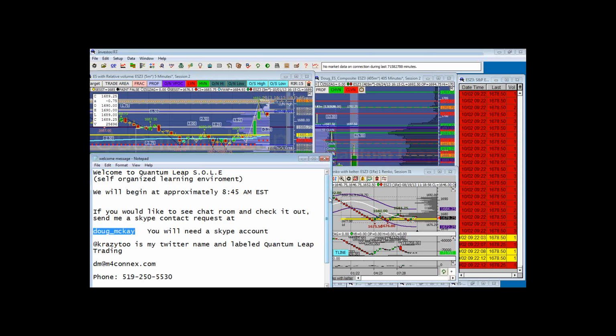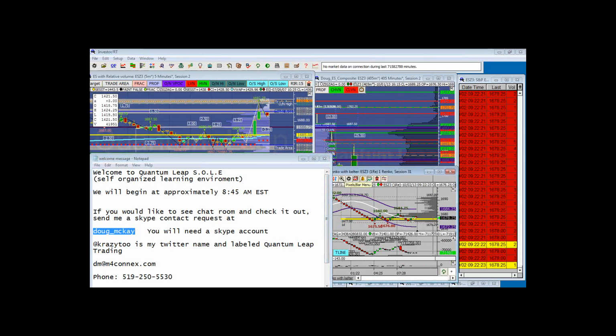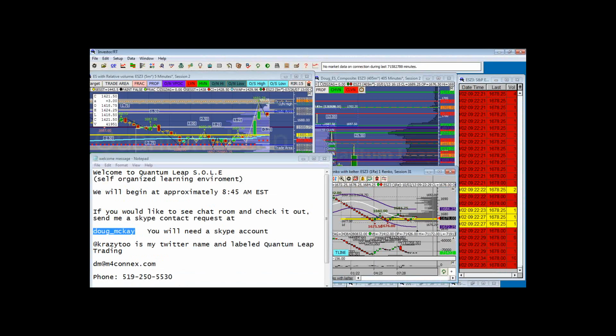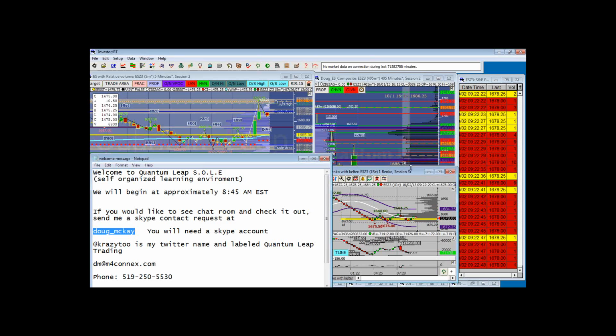Also, I've had some interest and some requests talking about my swing position and how I build a swing position. So if there's enough interest, I'm thinking that I might do a Saturday morning breakfast club this weekend and just do a quick session in terms of the anatomy of building a swing position, because a lot of people are confused on how I do it and why I do it the way I do. So let me know if you're interested in something like that, and I can put together a breakfast club for Saturday morning if there's enough people that want to attend.